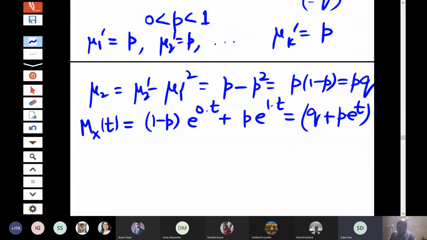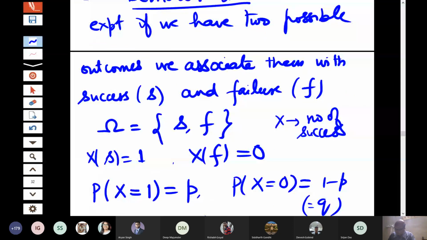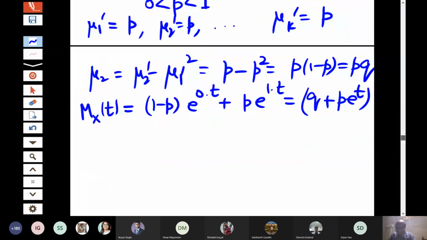So this distribution which I mentioned is also called a Bernoulli distribution, the form that I have written: probability of X equal to 1 is p and probability of X equal to 0 is 1 minus p. This is known as the Bernoulli distribution. But actually, the general form of the Bernoulli distribution means that the trial is not conducted once, but is conducted many times. So we then have the so-called binomial distribution.